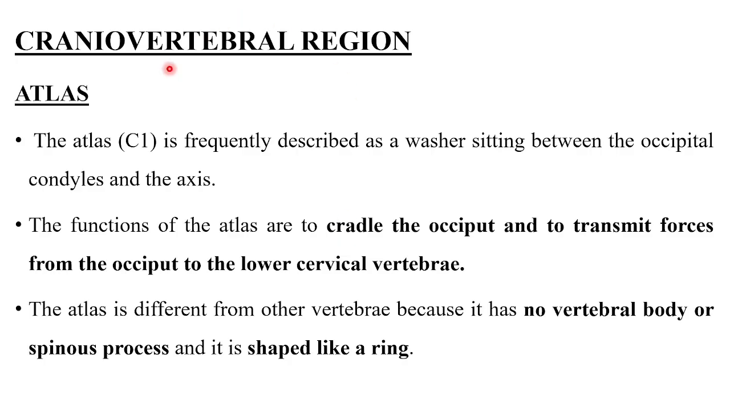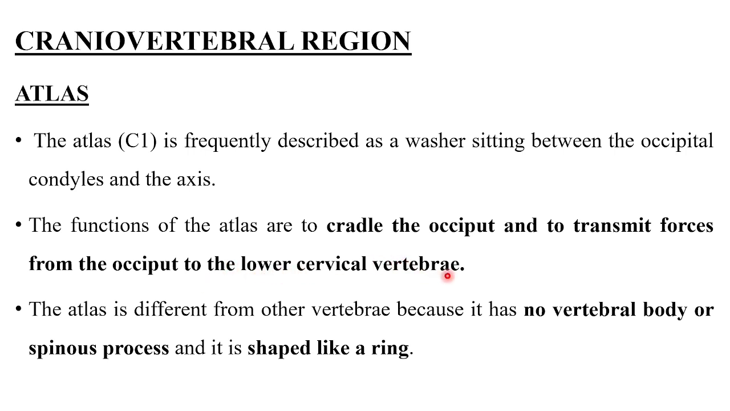The first region is your upper cervical vertebra, the craniovertebral region, and the first bone is known as your atlas, that is C1. It is frequently described as a washer sitting between the occipital condyle and the axis, that is the C2 vertebra. The functions of the atlas are to cradle the occiput and to transmit forces from the occiput to the lower cervical vertebrae. Mainly, the function of the atlas is to hold the occiput and transmit the compressive forces of the weight of the head from the occipital region towards the